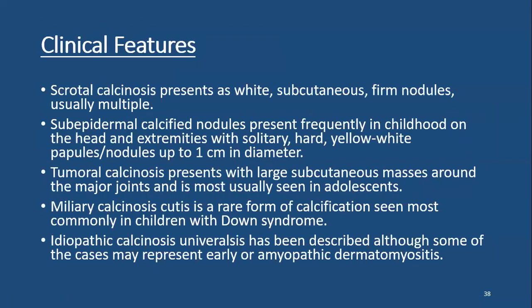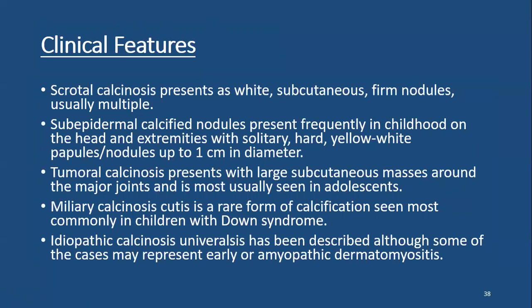Scrotal calcinosis presents as white subcutaneous firm nodules, which are usually multiple. Subepidermal calcified nodules are frequently seen in childhood on the head and extremities, solitary hard yellow-white papular nodules up to 1 centimeter in diameter. The tumoral calcinosis or calcification in tumors presents as large subcutaneous masses around major joints and most often